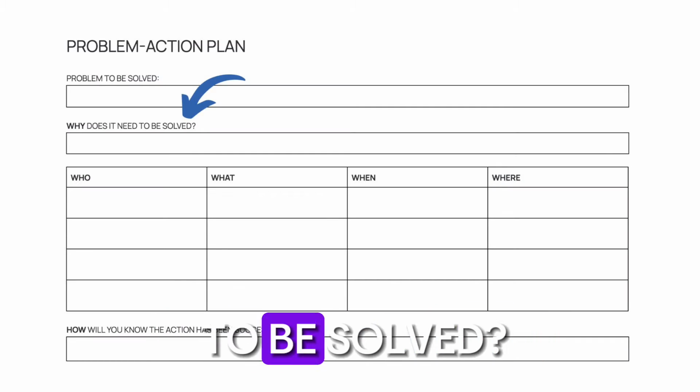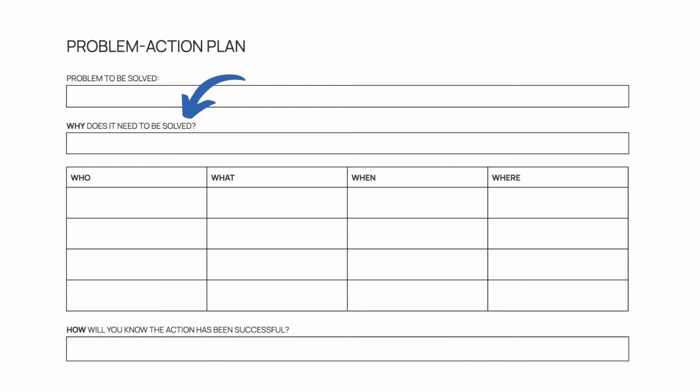Next, we want to answer probably the most important question here, which is, why does it need to be solved? You see, you might have some things which are a problem, but they have very low impact. So for example, a problem could be that there's never any whiteboard markers in meeting rooms in your office. But if people are rarely in the office these days, or if they're very rarely using the whiteboard, then it doesn't really make sense to spend a lot of time and effort deep diving into what's causing that and why we should fix it. However, if